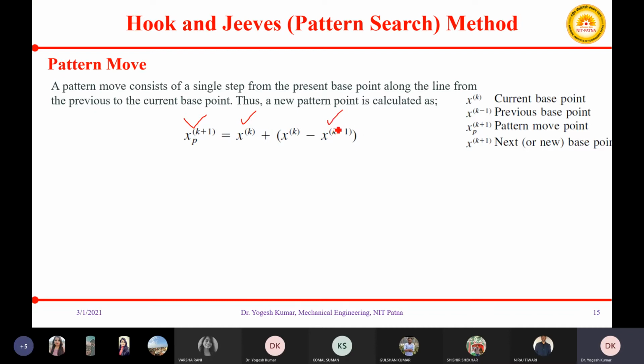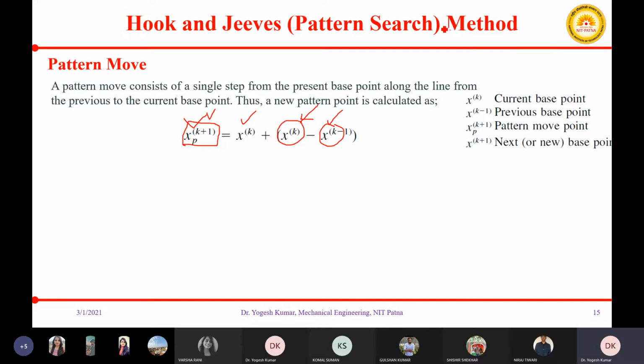So this x_k will be the point which you found using your exploratory move. Then x_{k+1}^p will be the point which you are calculating using your pattern move.